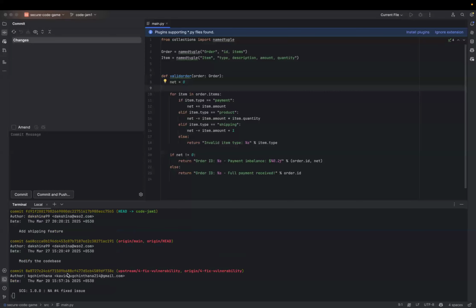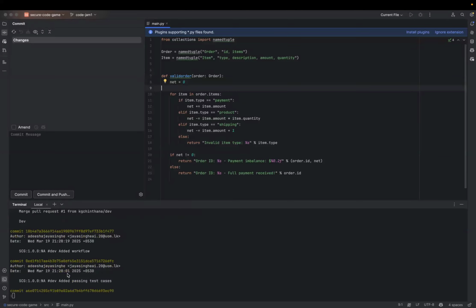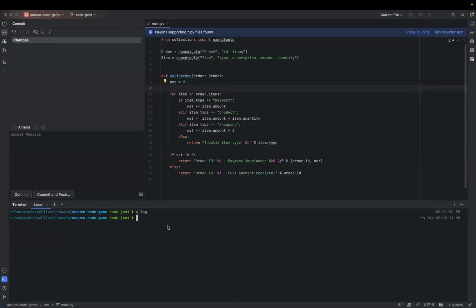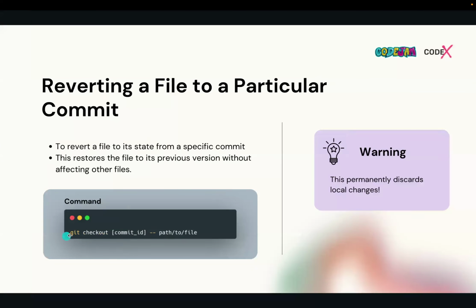That means after this particular commit, the changes we have added here, like adding the shipping feature and things, those changes will be lost. Those changes will be saved as uncommitted changes in that particular file once you hit git checkout with the commit id and the file path.